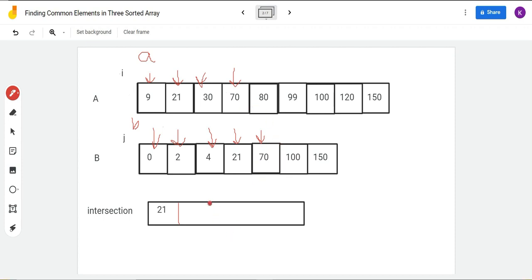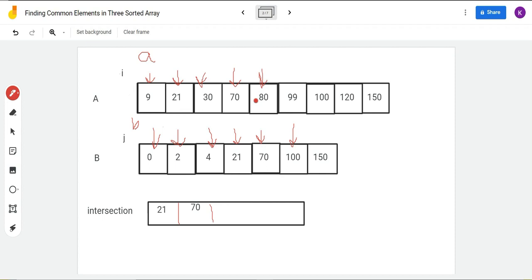We will add this common element in our intersection vector. Once we add the common element, we will increment I and J and move further in our arrays.